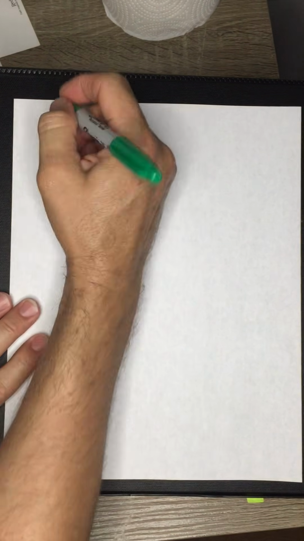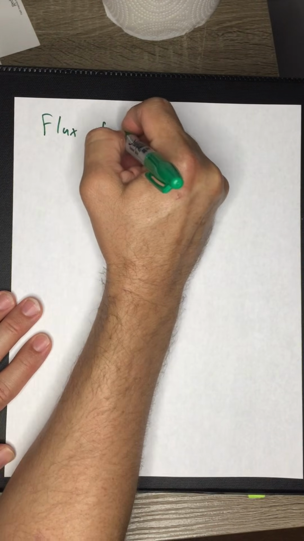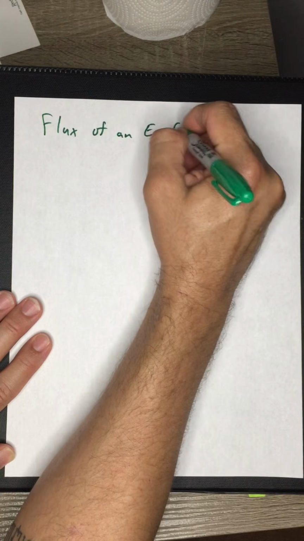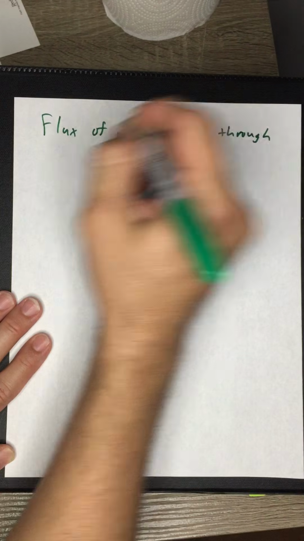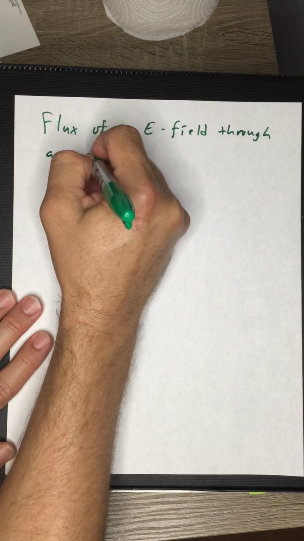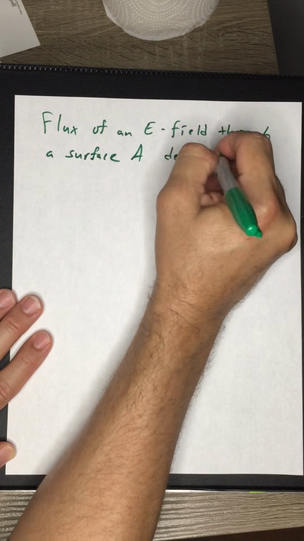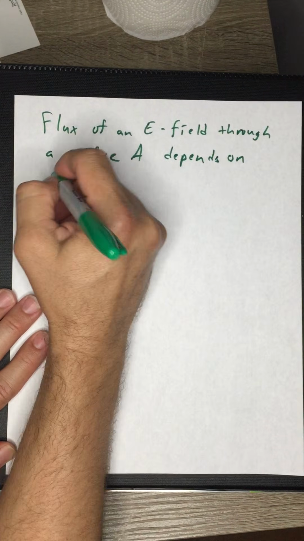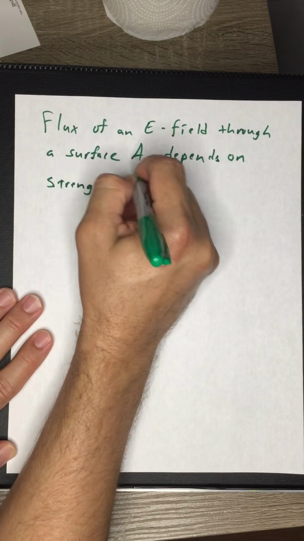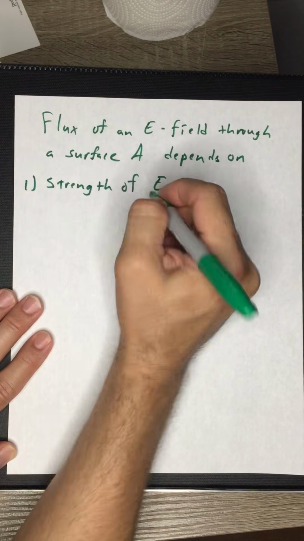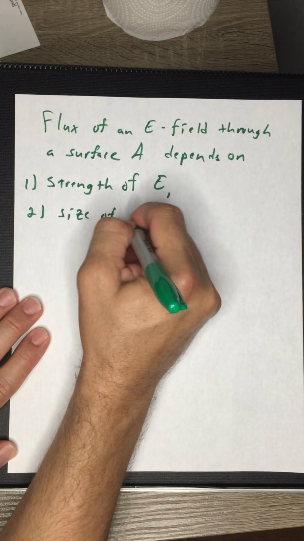What we have said is that the flux of an electric field through a surface A depends on the strength of E, the size of A,